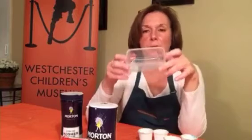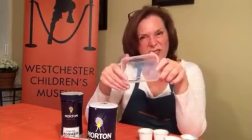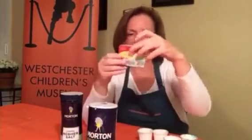You're going to need some containers to freeze some water overnight in, because you're going to use these frozen shapes to make your ice sculptures. So I have one in the form of a rectangle, and I have another that makes a really cool round ball. You're also going to need some food coloring